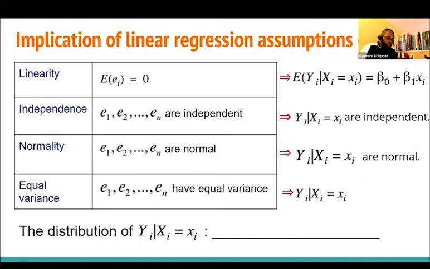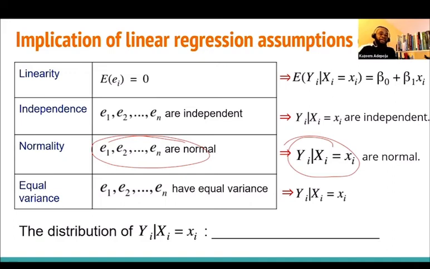And you know what? When the errors across counties are normal, then the implication is that whatever prediction you want to make, y given x equal to that will also be normal, because we are expecting them to be normal, and the only condition for them to be normal is that the error has to be normal.